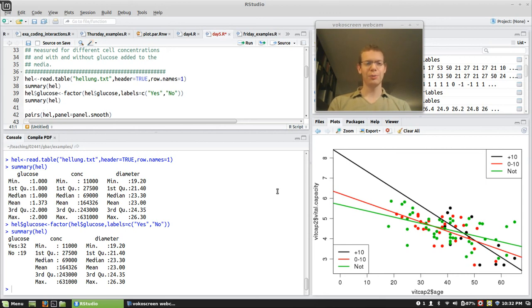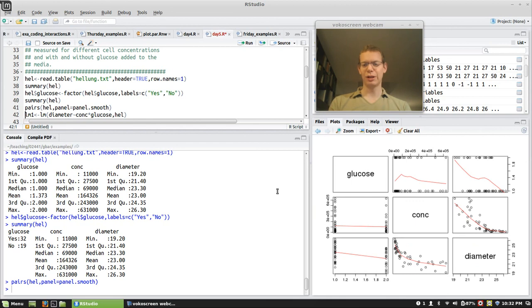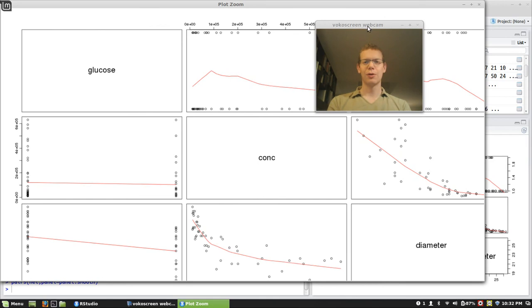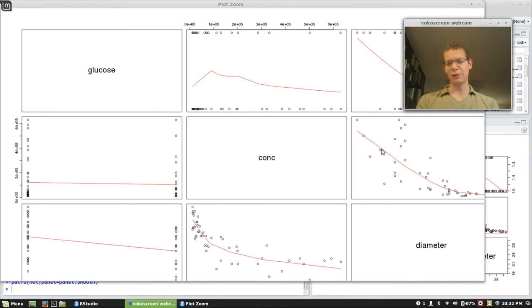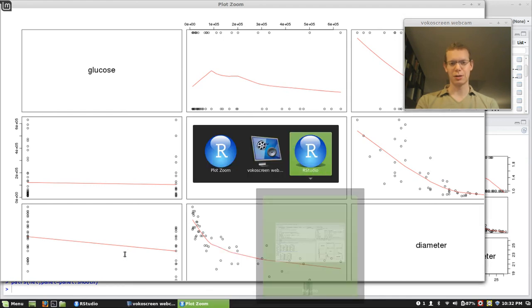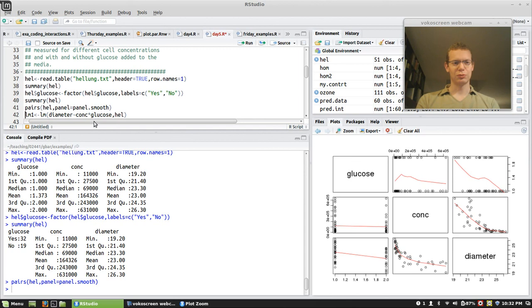And let's just do a pairs plot to see what the data looks like. And I think we should just zoom in. So what we see here is that the diameter, which is what we're looking at, definitely has some relationship with the concentration, and it may also be seen that there's some glucose dependency. Though the dependency is clearly nonlinear when we look at this graph,